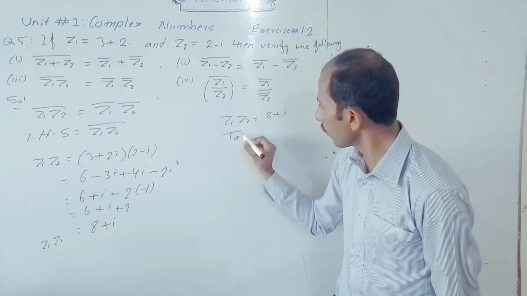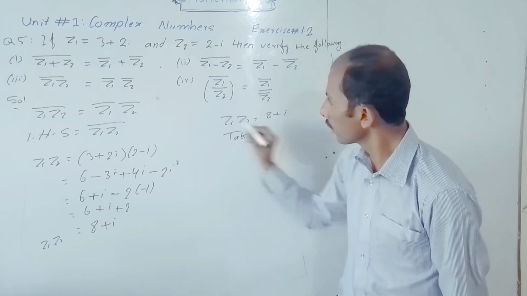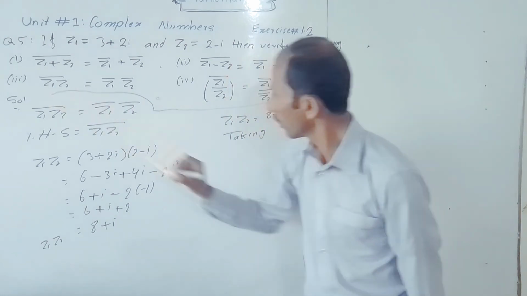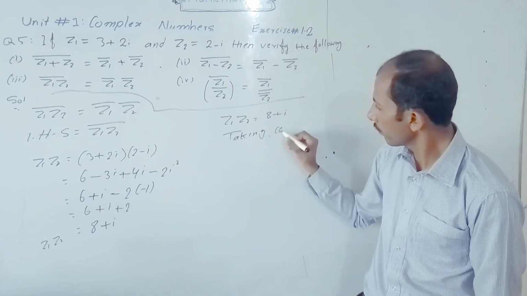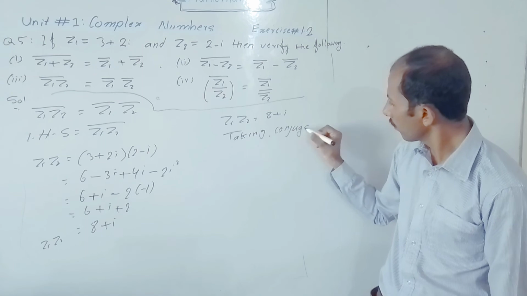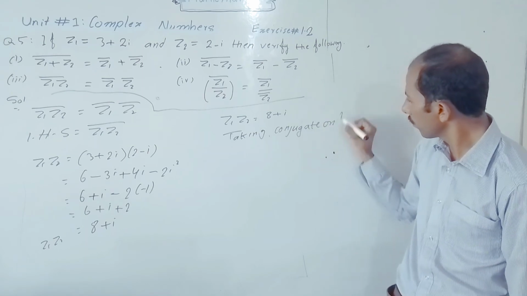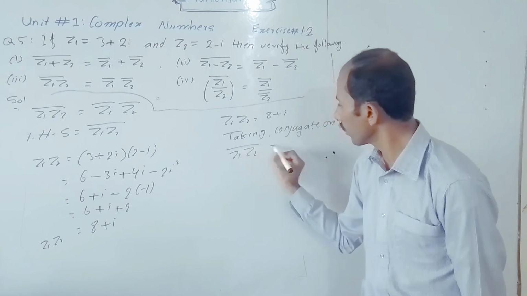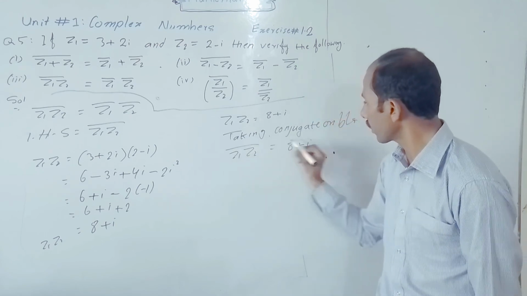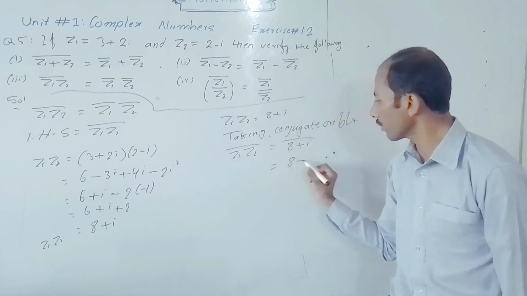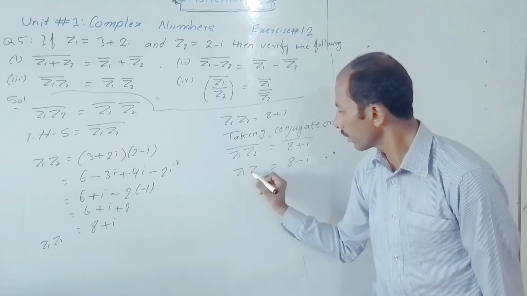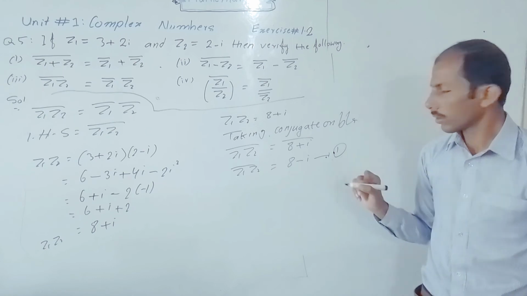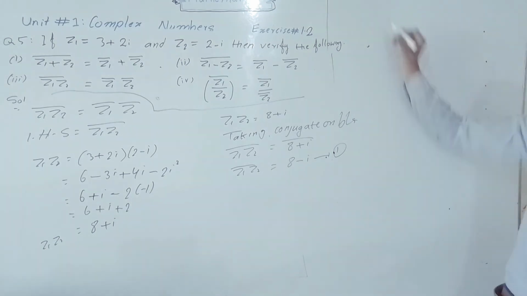Taking conjugate on both sides, that is (Z1 Z2) whole conjugate is equal to (8 plus i) whole conjugate, which is equal to 8 minus i. Equation number 1. So next, the right hand side